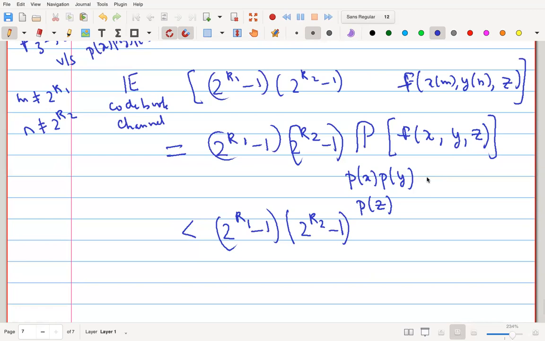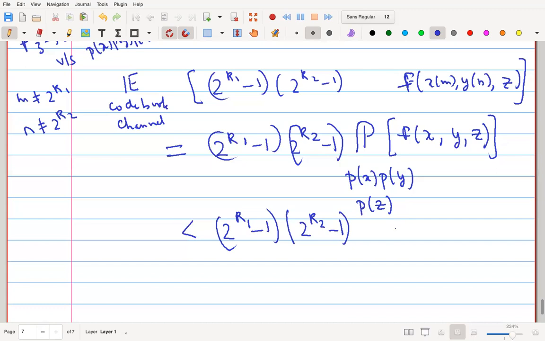No, they are independent, that I agree. That I absolutely agree. With this distribution, I'm just saying that PZ is slightly different. You have already taken the expectation. I'm saying that you have removed the PZ expectation here. You'll have the PZ here. I mean, this will be a product. Sure, this will be a product. Absolutely, and PX and PY will be completely independent of PZ. Absolutely agreed. I'm just saying that the distribution on PZ for this expression is actually conditioned on 2 to the R1, 2 to the R2 being sent.